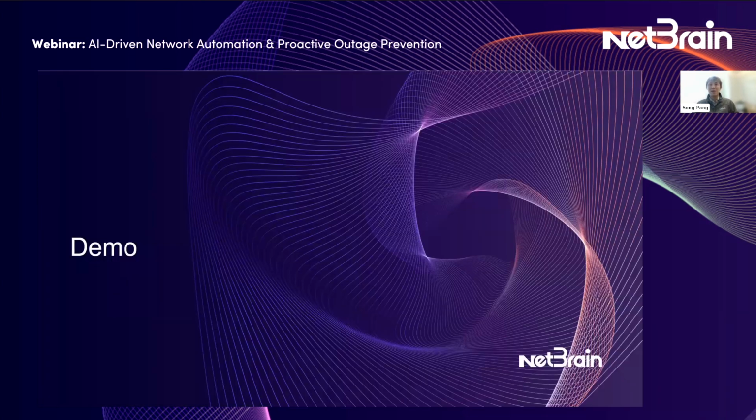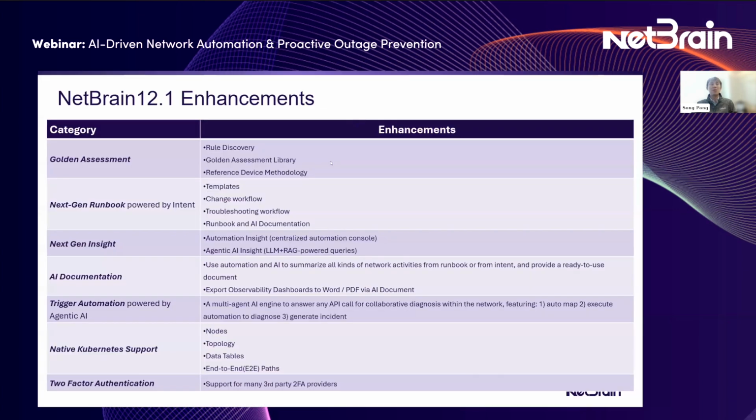It's a great discussion, and I wish we had a little more time, but there's so much more to 12.1. We talked about golden assessment, next-gen runbooks powered by intent, AI insight, and trigger automation powered by agentic AI. For the first time, we also support Kubernetes in terms of discovery, container technology, nodes, topology, and data tables.